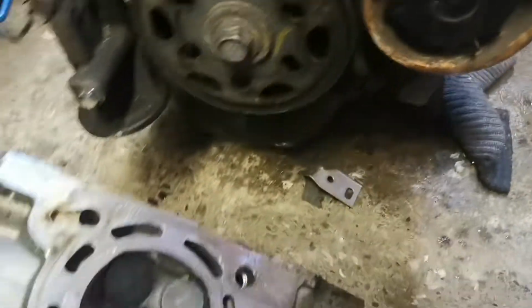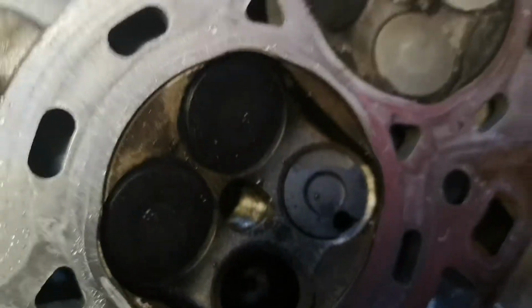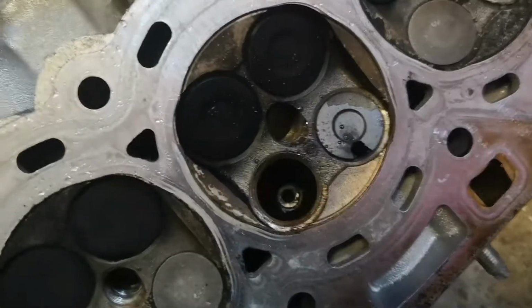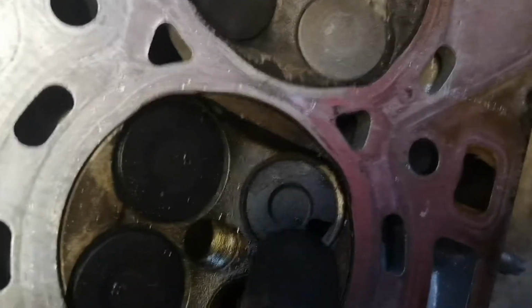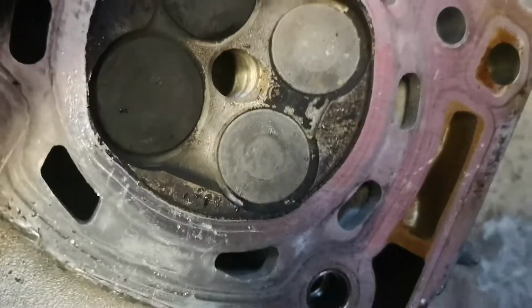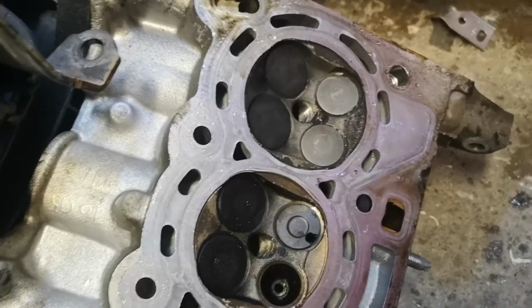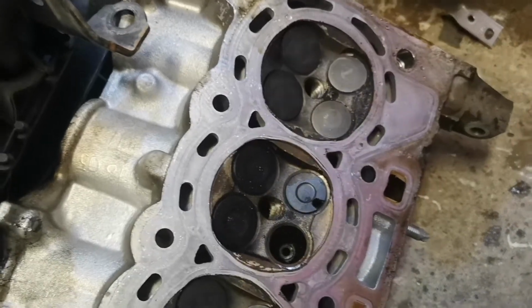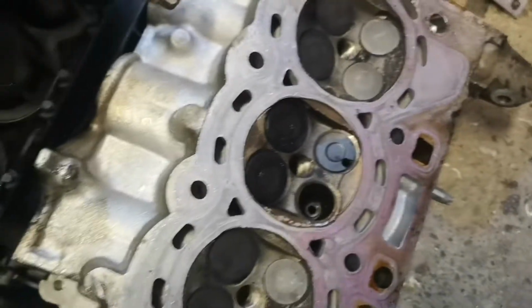Let's see if I can. Oh, here's the problem. A nice hole in the exhaust valve. That hole shouldn't be there. Yeah, this clearly isn't worth it just to replace the engine and to try to fix a valve in the engine. The engines for those cars are just so cheap as well, so